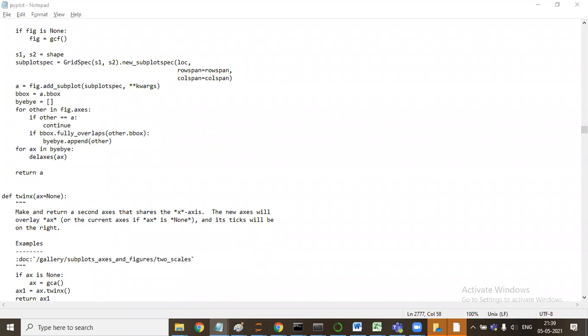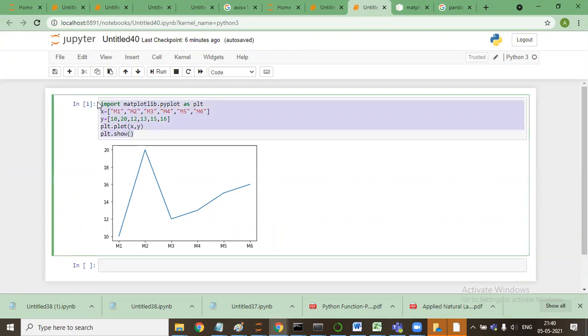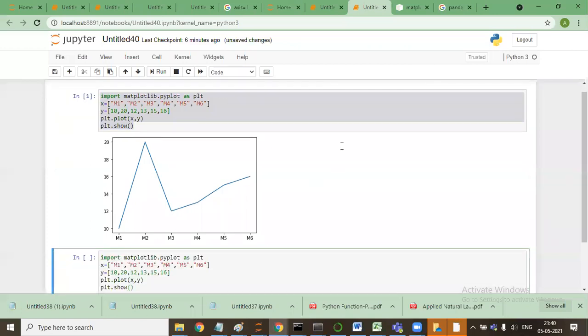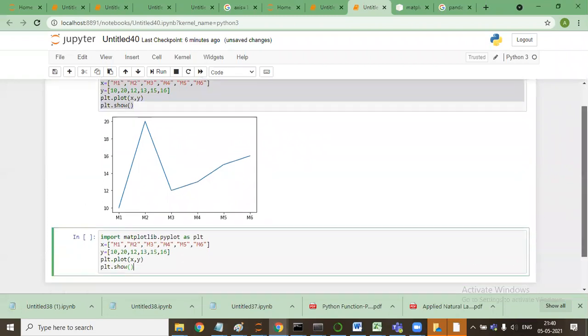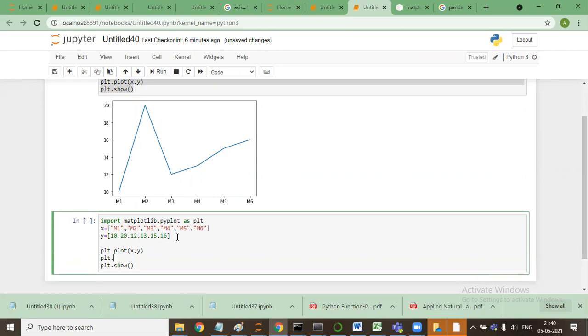So if I want to include various other things here, I'll copy this, paste this here, and say plt.plot, plt dot xlabel. How is the label getting autofilled?